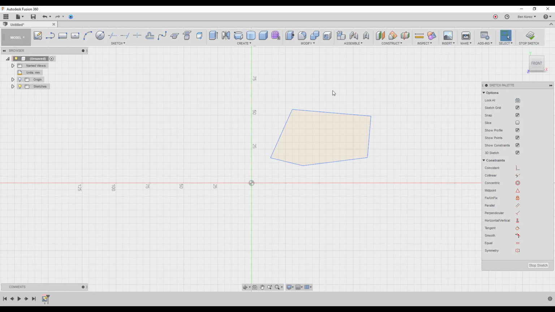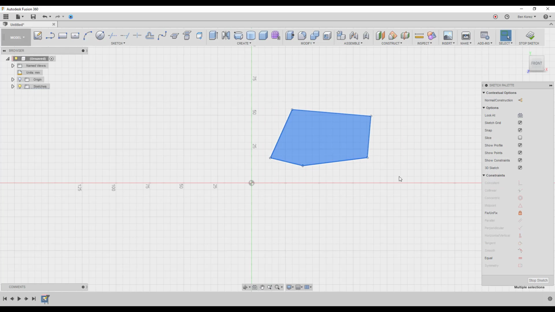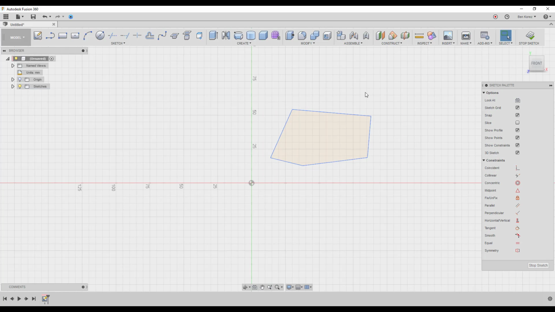So we have constraints, and we have a geometry which is constrained, and we also have full constraint. With full constraint, you're going to notice that the line changes to black. At that moment, you're not going to be able to change anything or move it. Only manually, you're going to have to change the dimension, for example, or angles that you have put into the